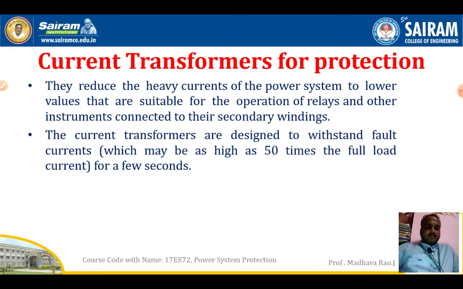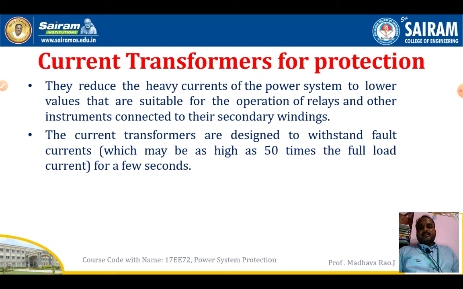An ammeter can be used to measure low range of currents. But current transformer is used to measure the high range of current, like 1 kiloampere and more than that. So these current transformers are used to measure high current, such as short circuit current in the power system. So that's why we are using current transformers in power system operations.